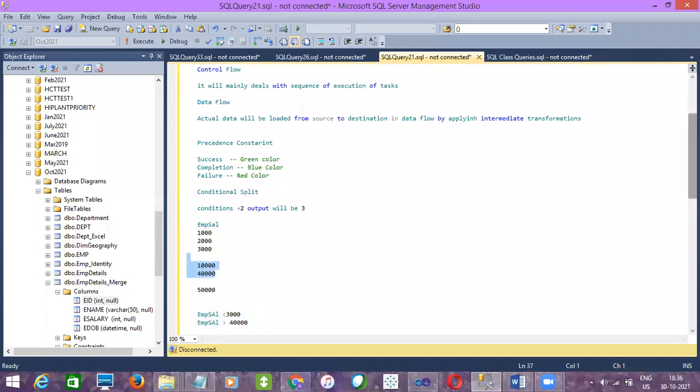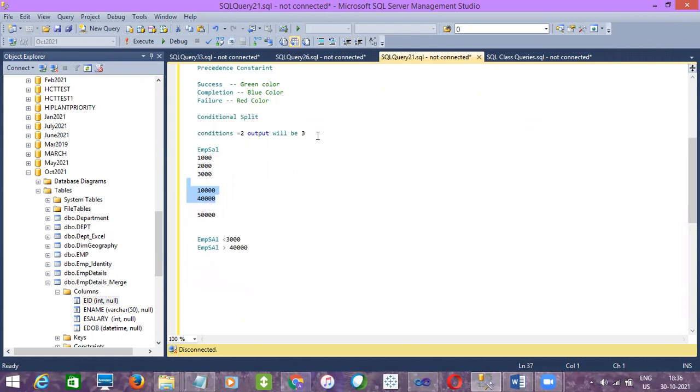If we give conditions as 2, then the output will be 3. That's the meaning. So the two conditional outputs are 1 and 2, and the unsatisfied output is one more. So in real time, if we give n conditions, the output will be n plus 1, right?